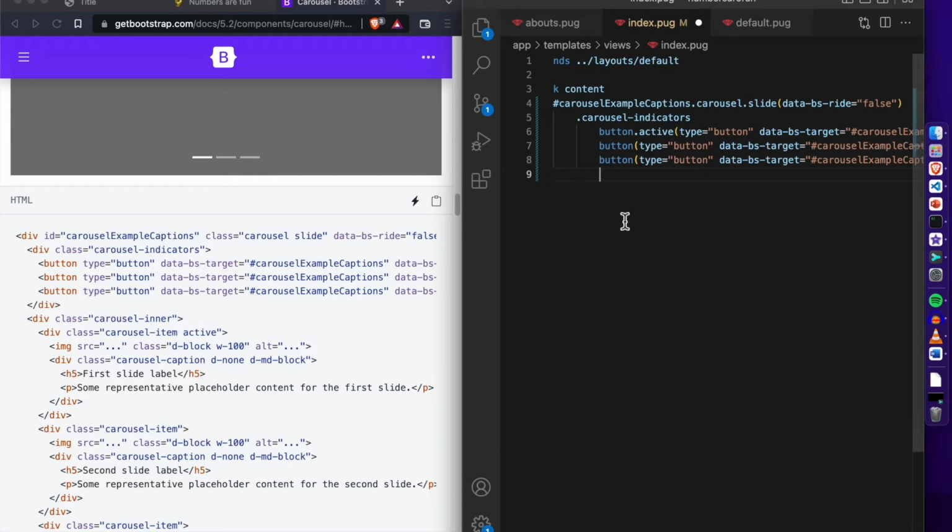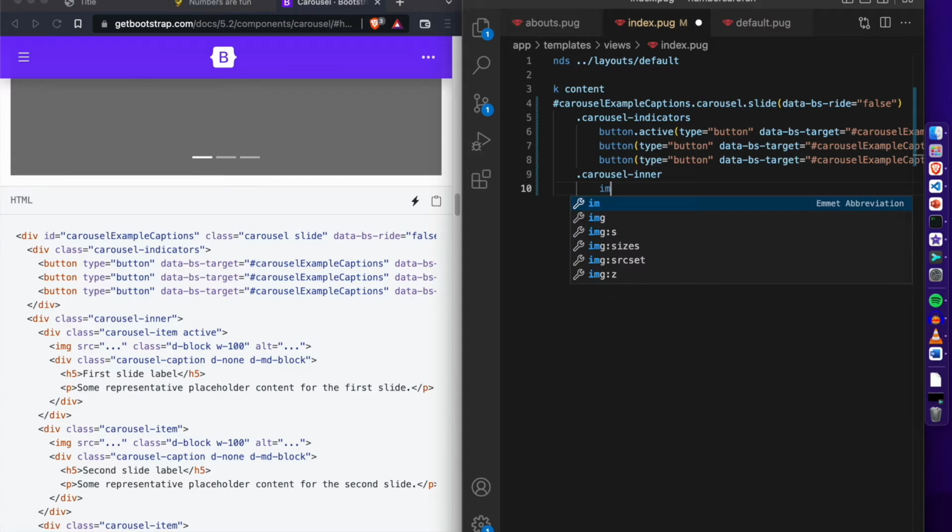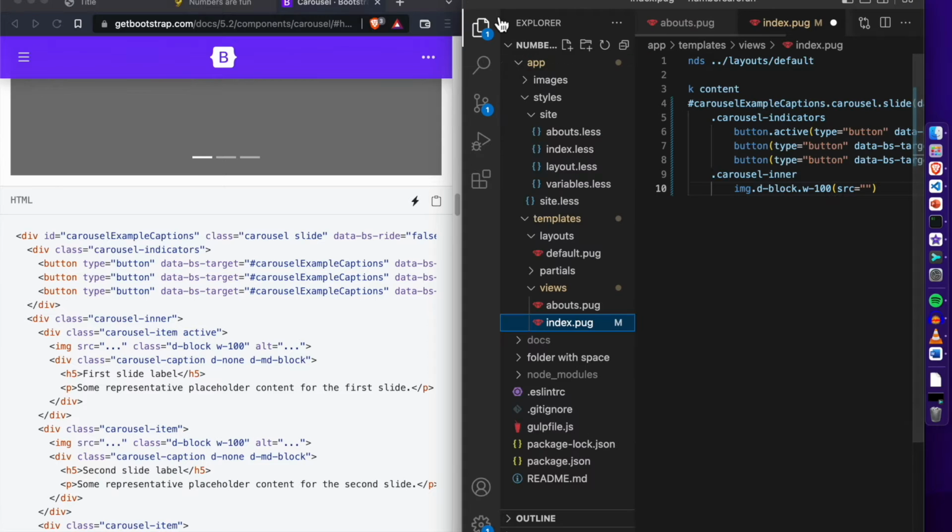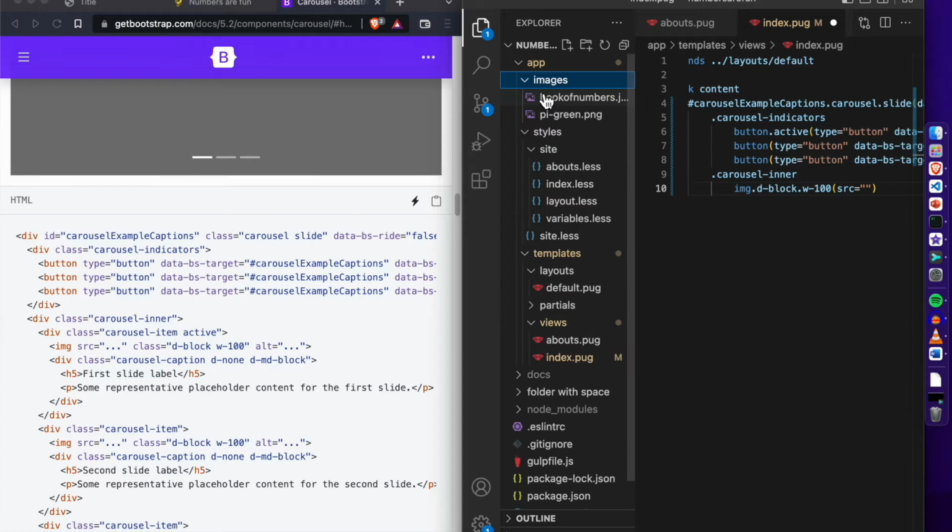So we indent out and we start another div that is carousel-inner. And then what's inside is the image. So img with classes d-block and also w-100. And then src, which is the source of the image. We are getting the image from, let's see, images. And then